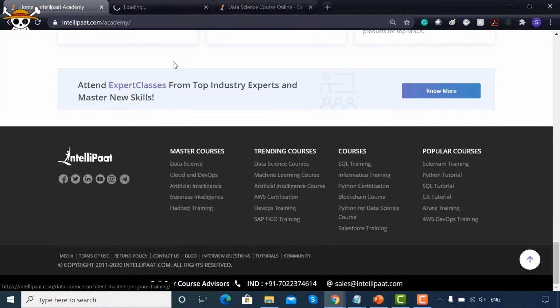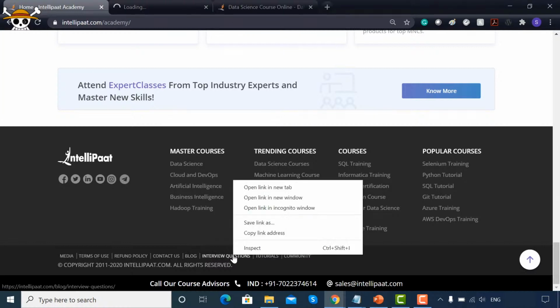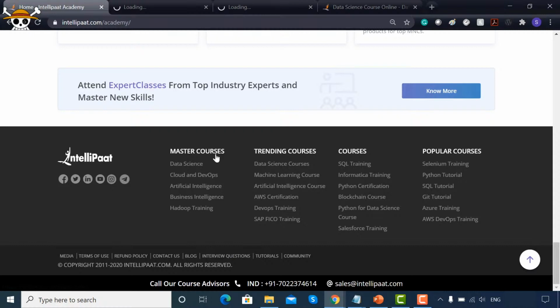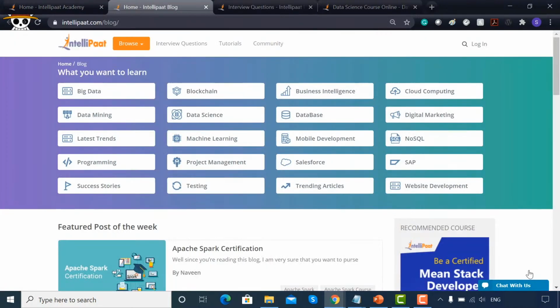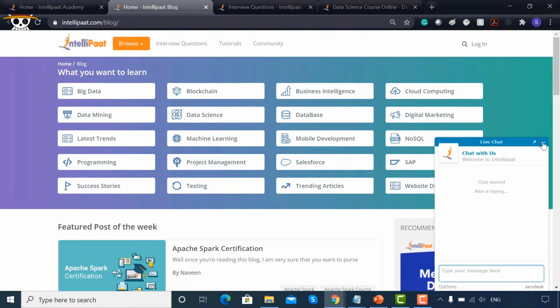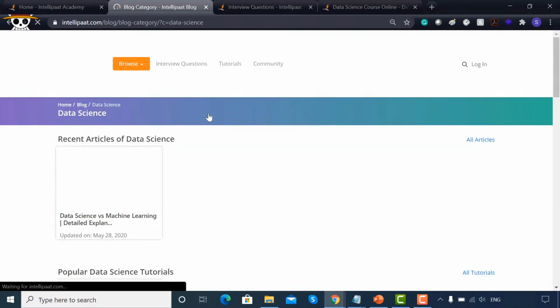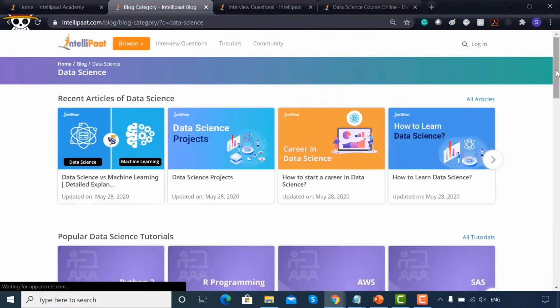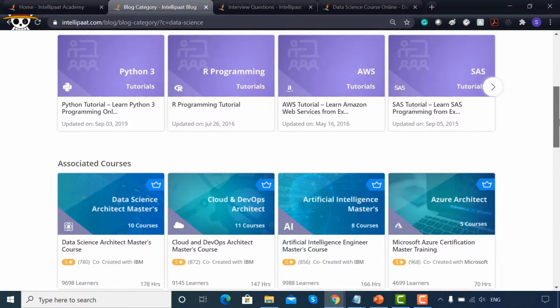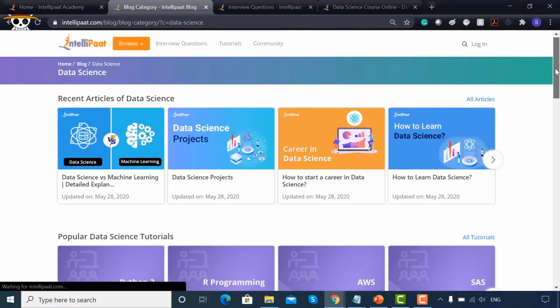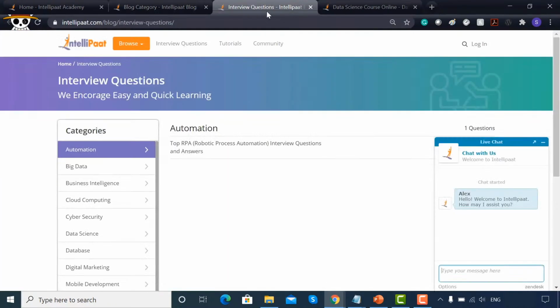So I'll open this. There are interview questions on data science, machine learning, and artificial intelligence, so you can visit that. Here are blogs on various technologies. If you are looking for data science, I'll click on this. You will get all the blogs related to data science over here, and there are interview questions.